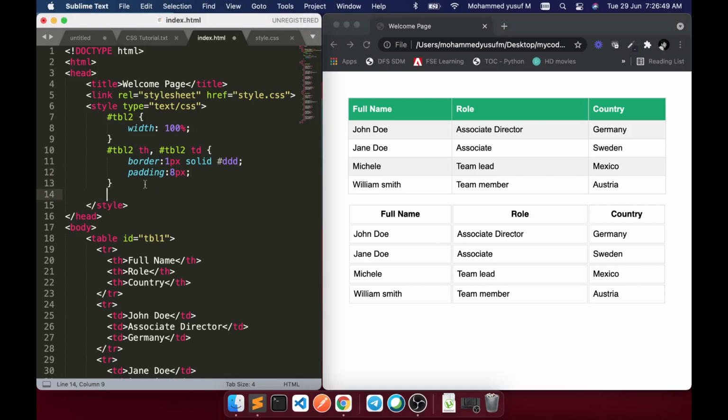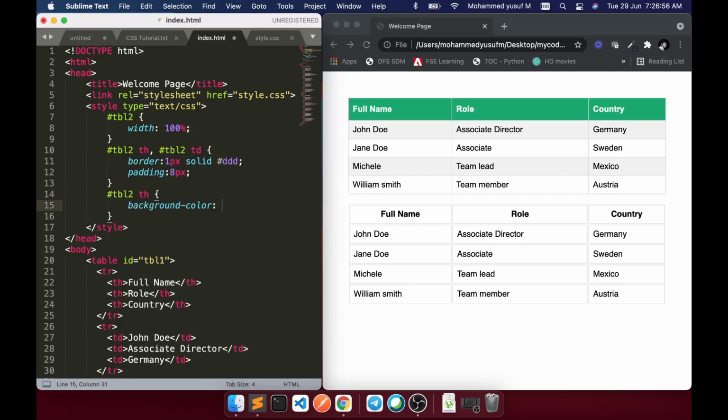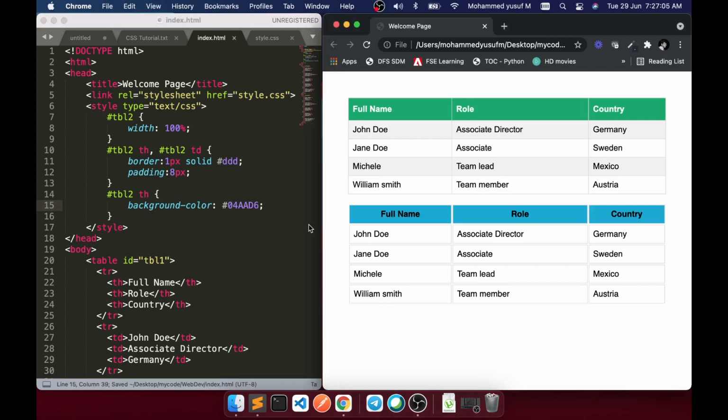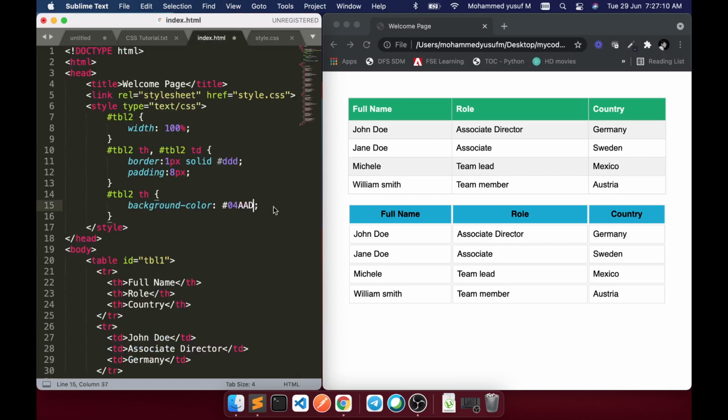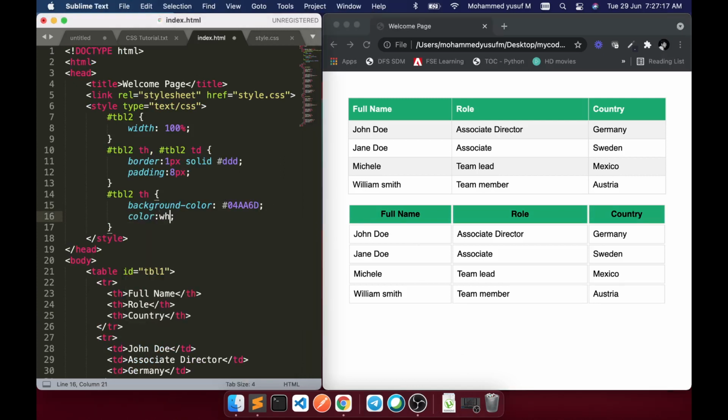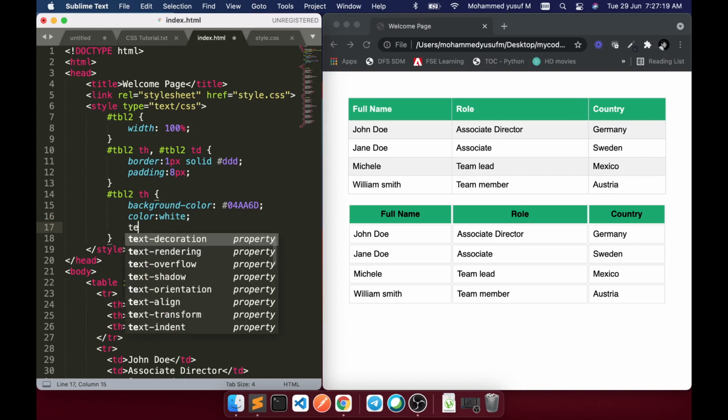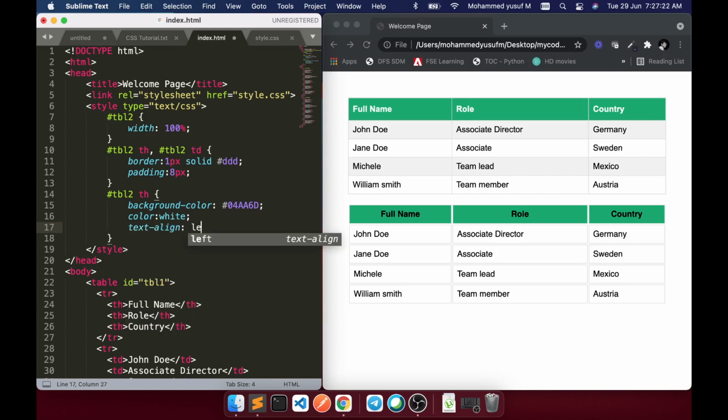For that, I'm going to target only the heading, tbl2 and th, and background color, I have this color already, 04AAD6. Not this one, let me grab it. 6D. That changes the color, and for the text color we can apply the color property of white, and then text align left.